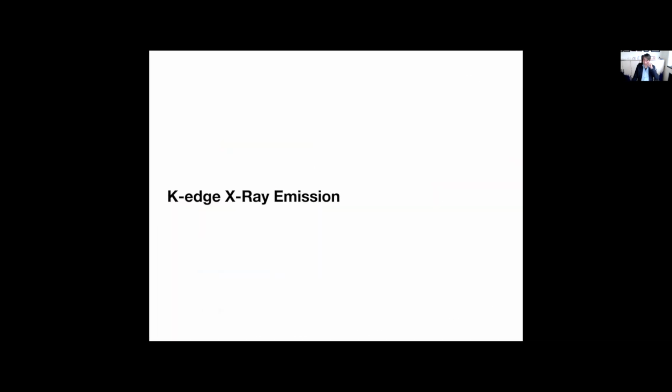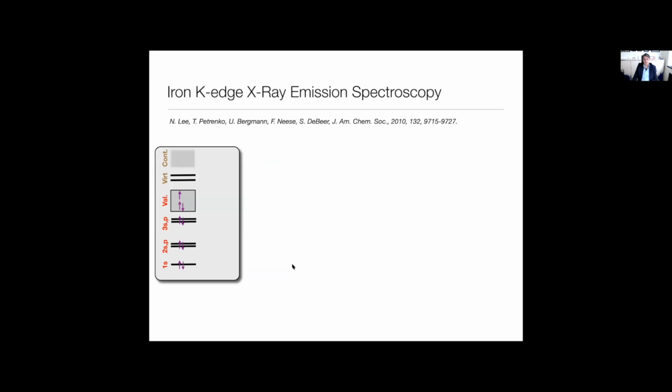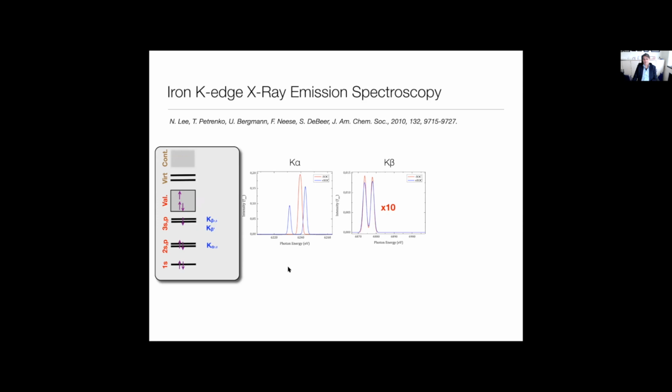Now let's look a little bit at K-beta X-ray emission spectroscopy. And so the experiment here is that one 1s electron is excited into the continuum, and then one looks at all the radiative processes that refill the core hole, and that can be the K-alpha radiation, K-beta radiation, and eventually the valence to core region. And chemically speaking, the valence to core region is the most interesting. It's also by far the weakest here. Then there is a K-beta mainline, whereas the K-alpha, I'm not aware that it has great chemical applications because it's not reacting very sensitively to the molecular environment.